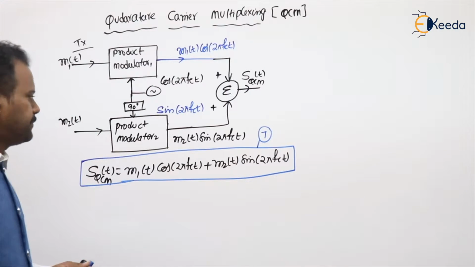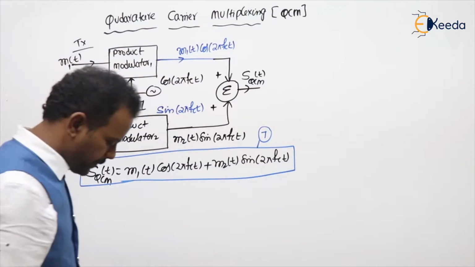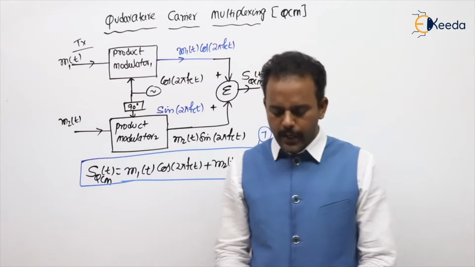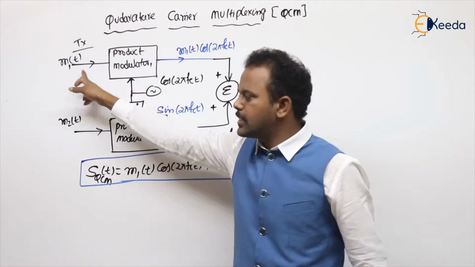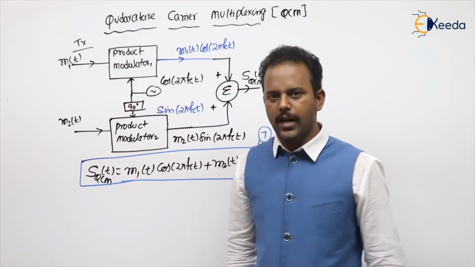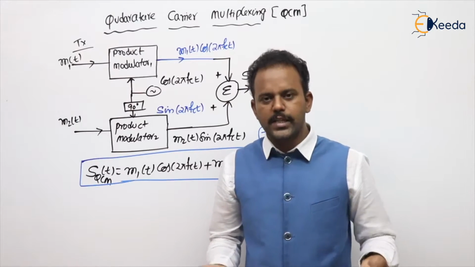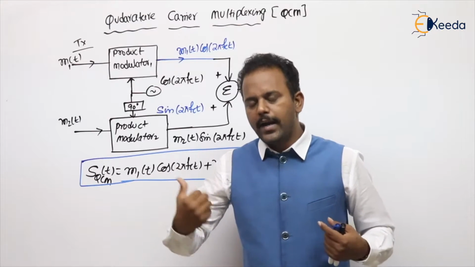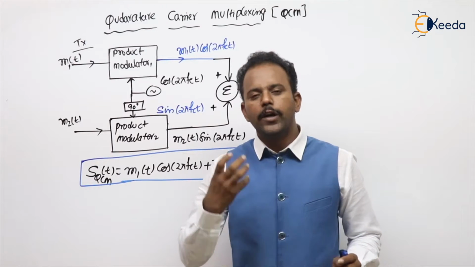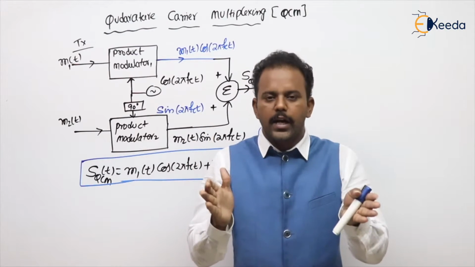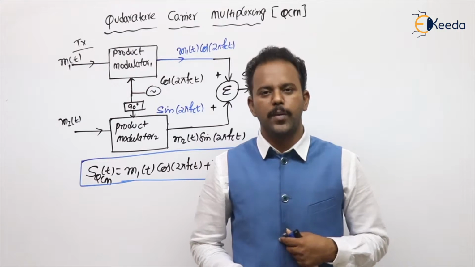Okay, another 10 are there. Once we get the expression, we need to draw the spectrum. Before drawing the spectrum, try to understand. For example, M1 means our signals class, M2 means our communication class. Both are taken by human beings, of course in this case myself only, or maybe another faculty. Both are giving the voice signal only. If you take any person's voice, 300 to 3.4 kilohertz, most of the important information will be there.